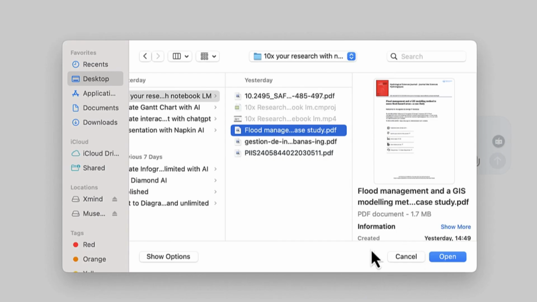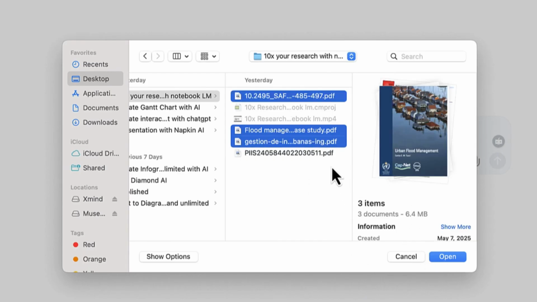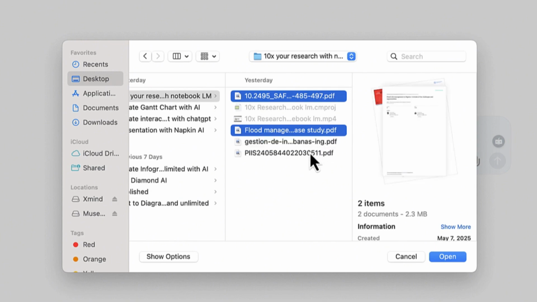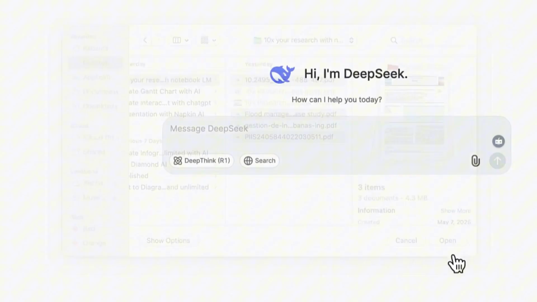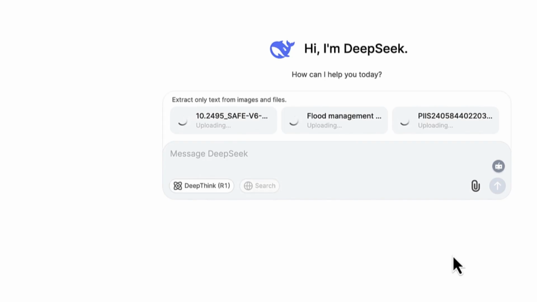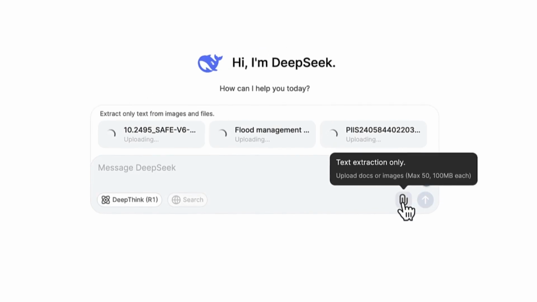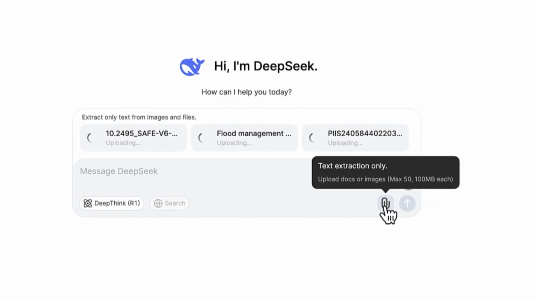Let's say we upload 2, because we have the power to upload many documents at a time. So we have these journals. Let's say I have these journal papers. You can see we can upload up to 50 different items, maximum 100 megabytes each. So this is really, really rich in terms of what it can take and what it can analyze